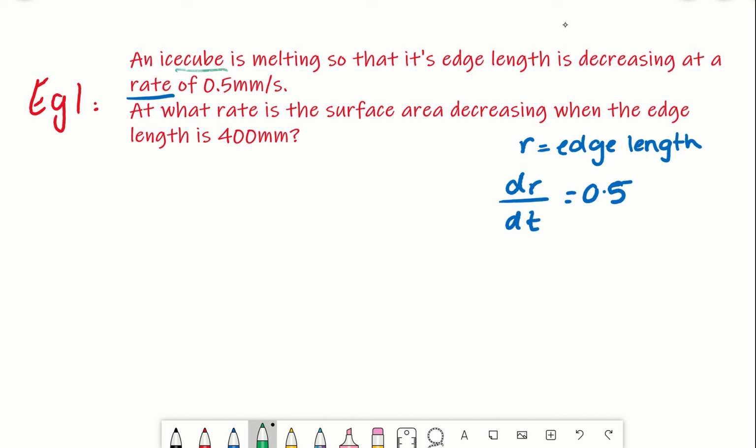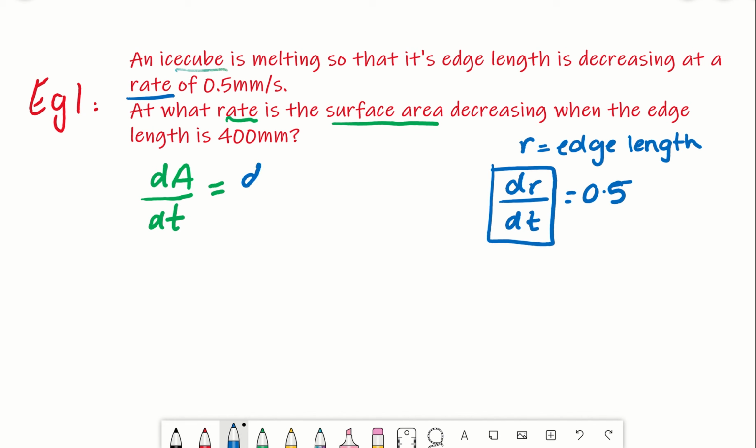What do we actually need to find? It says at what rate is the surface area decreasing when the edge length is 400? So what they want us to find is, if I represent A being the surface area, they want us to find that, ultimately, and then substitute in 400 to my answer. So I think, okay, let's think about what we learned last lesson. If I need to find that, let's look at what I already have a piece of information of. I already know dr dt. If I put that in here,